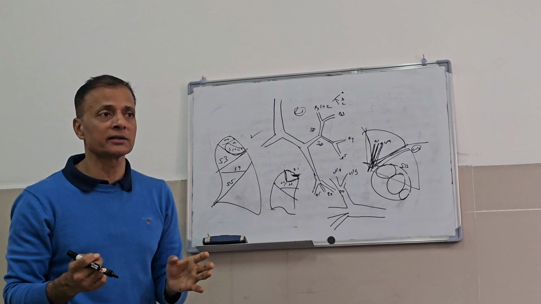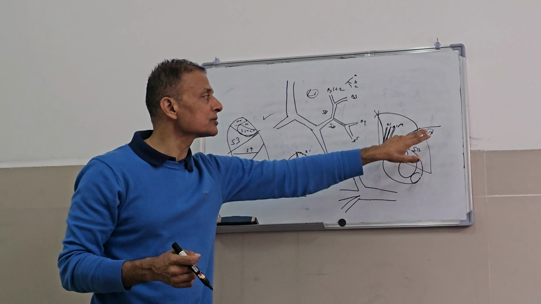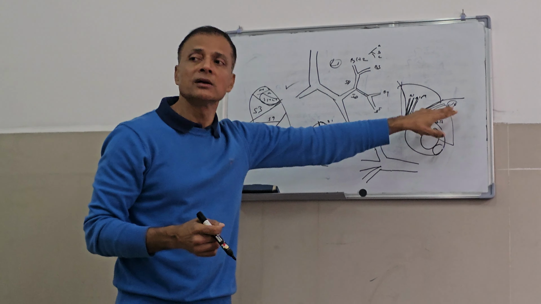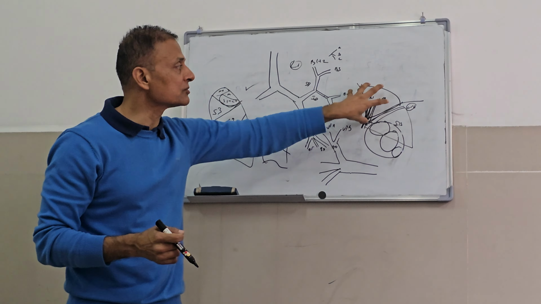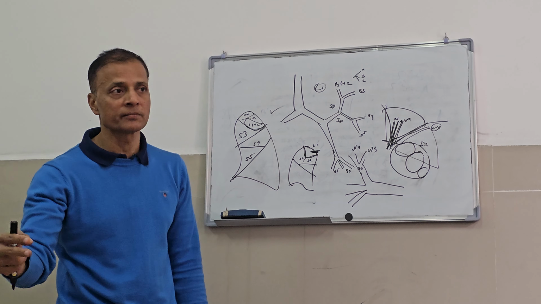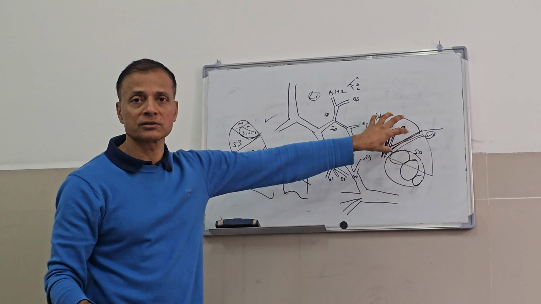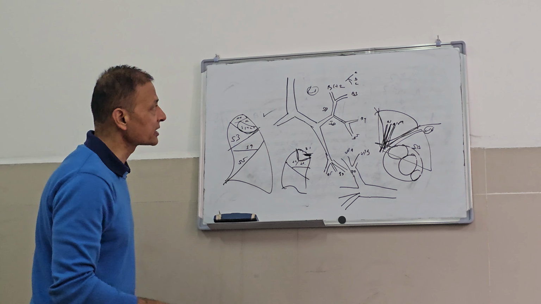One of the easiest ways is this: sometimes it is a bit difficult because of the fissures and nodes to define the boundary of the vein. So in those cases, you can define it by the inflation-deflation test. Once you clamp the bronchus, then you can define what the boundary is. So if you come to the left side,